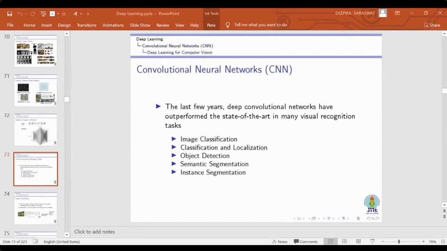Can variation in training data affect the performance? Definitely. That's why we require a large training data set. The more variation in the training data set, the better the training will be, and the system will be able to identify the variations. I have just shown you the variation slide. There are lots of variations: deformation variations, scaling variations. If I do not have such data in my training data set, then how will it learn? So variation in the training data set is very important.